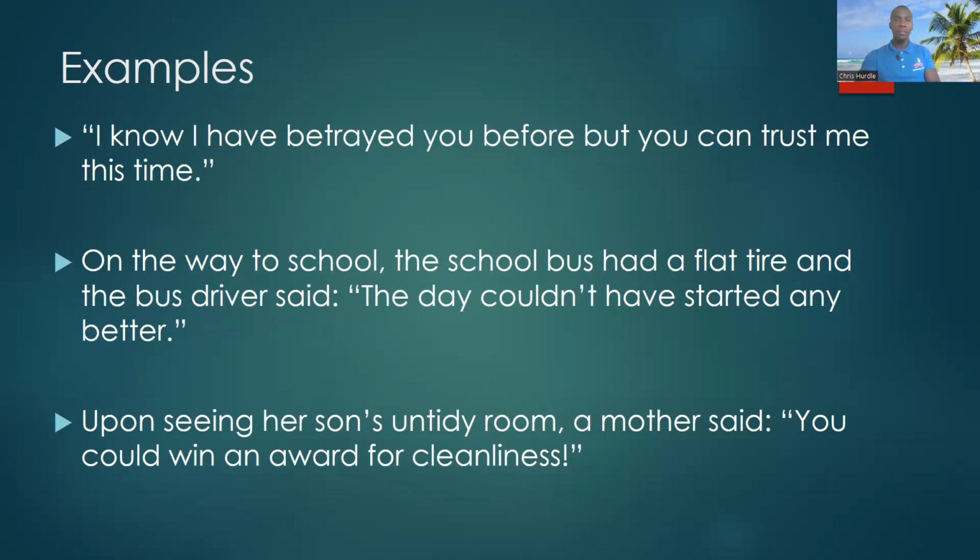All right, and let's look at some examples. I know I have betrayed you, but you can trust me this time. Now, in this situation, if you say this to someone, they may think that you're taking them for a fool. Because if you have done so many things that would make that person lose trust in you, and you tell them, I know I have betrayed you before, but you can trust me this time, it's like, are you serious? So this would be an example of verbal irony,